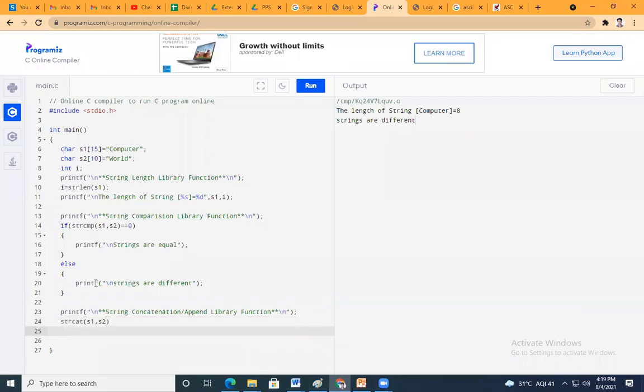Okay, now I'm going to print the result. See, I will write it here: Appended strings equal to %s, and the result is stored here in the first string, s1. Okay. Now check.